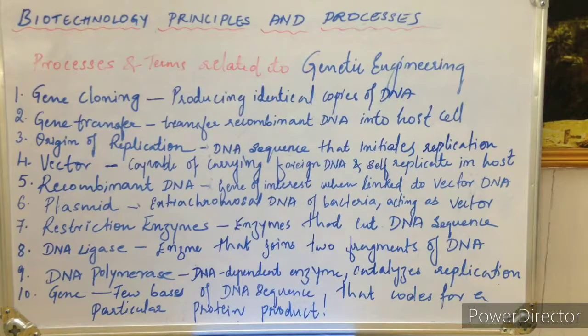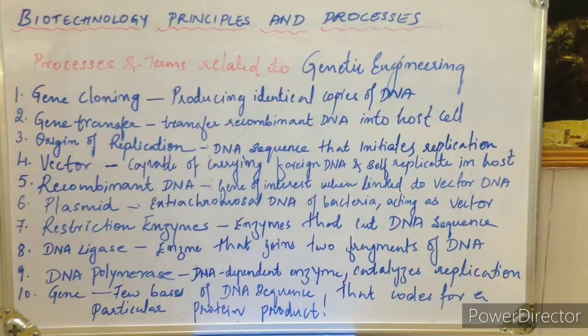So now how are we going to join the two segments of DNA? Even the vector is a DNA sequence and the gene of interest is also a DNA sequence. Both can be ligated with a particular enzyme known as DNA ligase. These are the enzymes that are going to join two fragments of DNA. So they are going to join and reseal the gaps in the DNA fragments, and facilitate the formation of hydrogen bonding at the sticky ends. And they are going to form the phosphodiester bonds with the adjacent nucleotides.